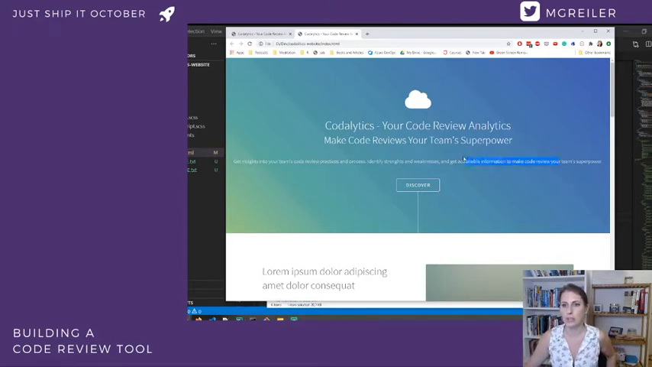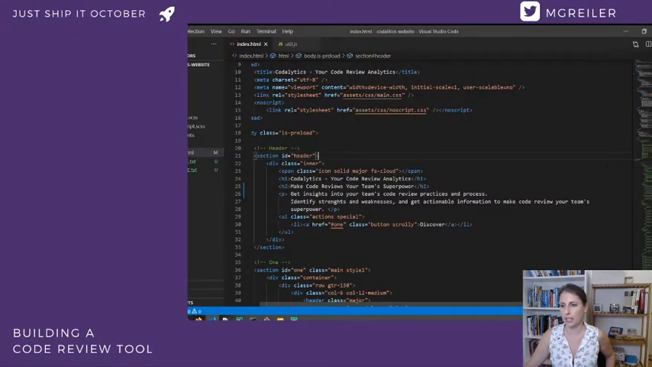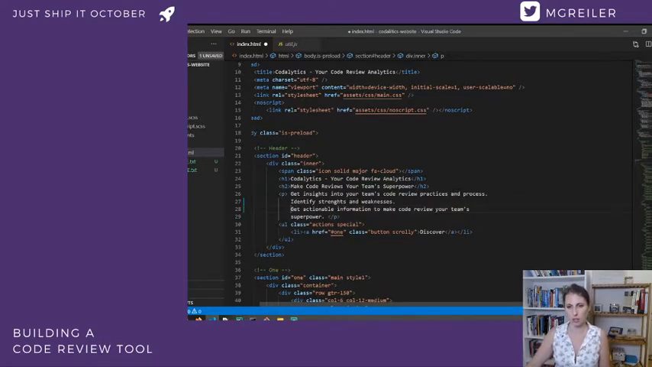We could style it, but well, let's get the information first ready, and then we think about how we can style it a little bit nicer, right? So I was actually thinking that we have a list here, but not really a list, but like 3 cards or something that show up as something, right? So get insights into your team's code review practices and process. Identify strengths and weaknesses. And then the last one is, right, get actionable information